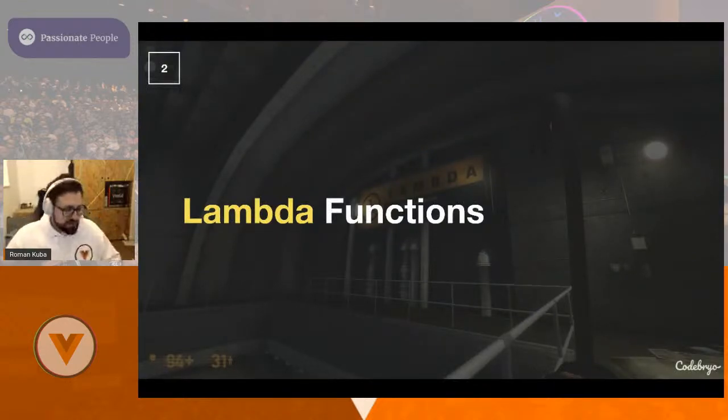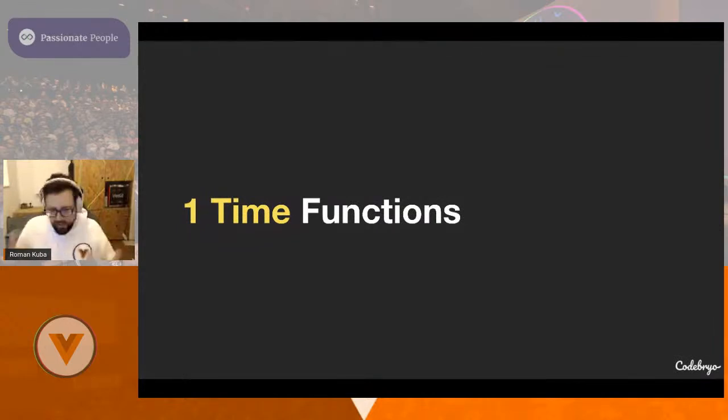The next part, I was curious about using the Lambda functions. And one of the limitations is they're usually these one-time functions, right, that run only once. The thing is, you cannot share state between them or store anything and move it back. So it's always, okay, I call a function, it does something, returns something, and that's it. And then I call it again, it doesn't know about anything before. But you can still do a lot of cool things with these one-time functions.